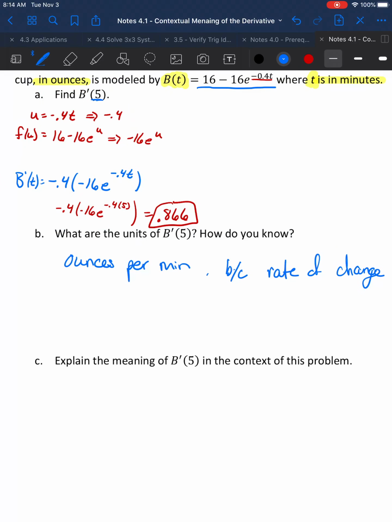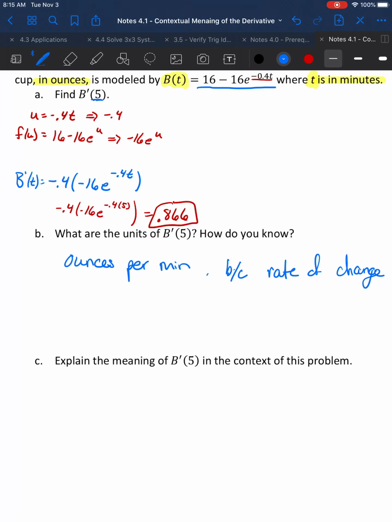Now, explain the meaning in this problem. Okay, here's where derivatives get a little sneaky. So yes, this 0.866 from part A is a rate of change, but that's specifically when t was 5. And if you're thinking, well, a rate of change is a rate of change no matter what, think about a